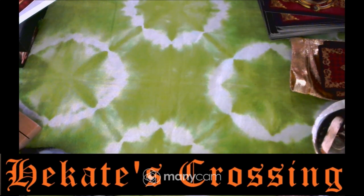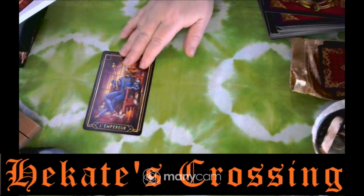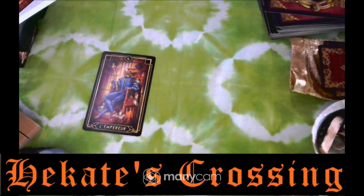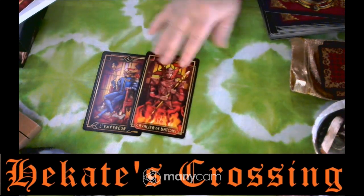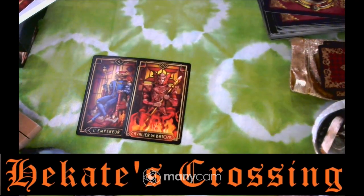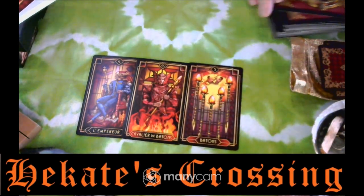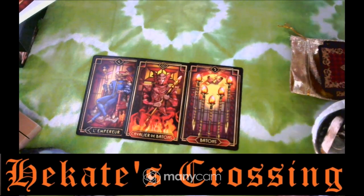Okay, so we have the sense of being in control, being a leader, being a provider in the situation. And so it feels like things are moving quite swiftly. Maybe there's a passion, a creativity in the situation. It does feel like there's a lot of passion and stuff going on. But because of that passion, there could also be some conflicts. Now, is that conflict within oneself, or is it a conflict with another? Let's see what we get